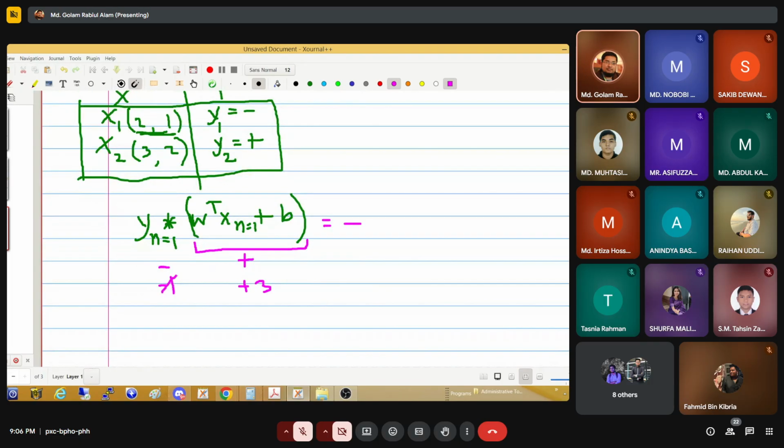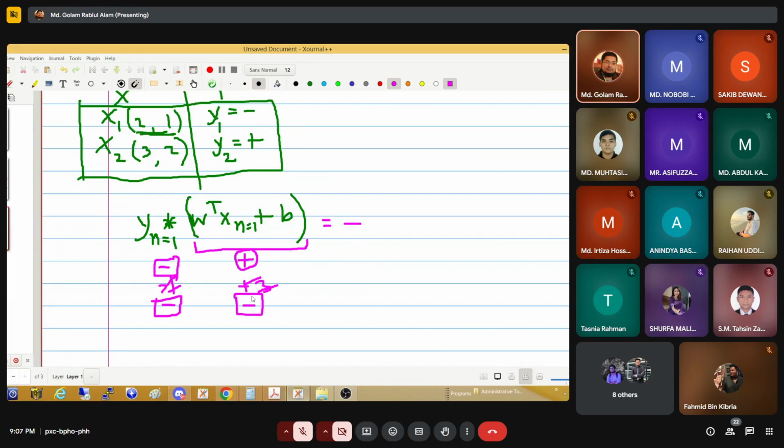So actually, if we look closely at this, this is positive, this is the predicted value, and this is the original value. So originally, the class level is negative, but our model said that this one is positive. So that means this is incorrect. This is misclassification. Okay? So here we got the negative in that case. Similarly, if our model predicts this one as negative, and originally the class level is also negative,